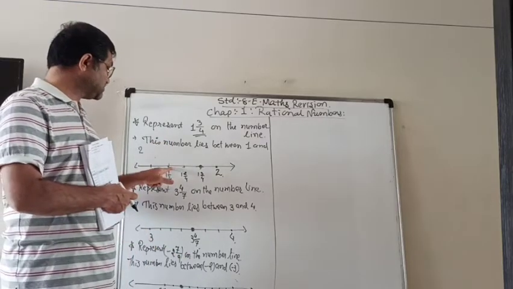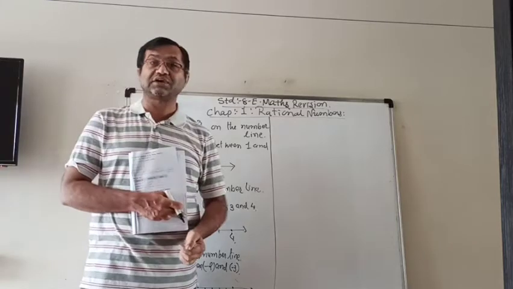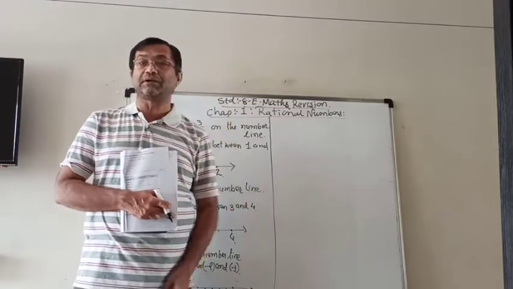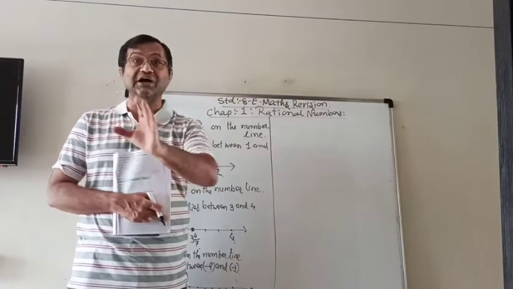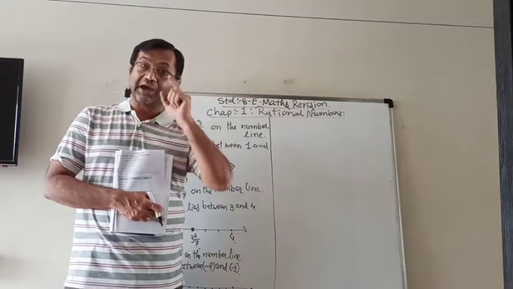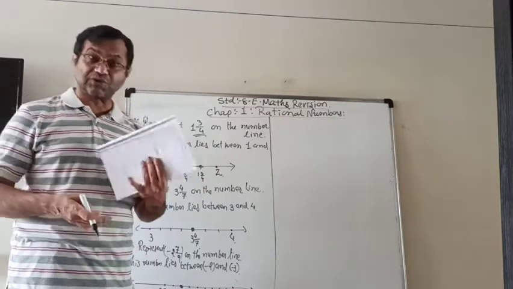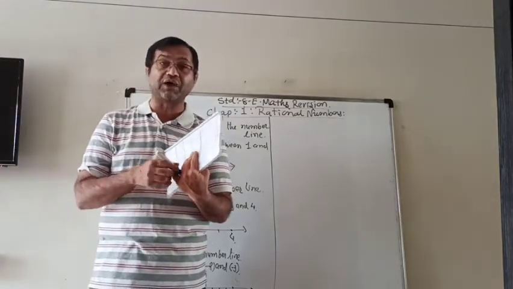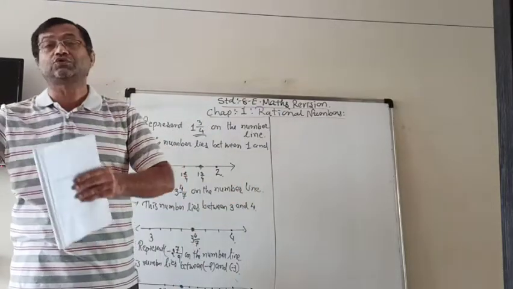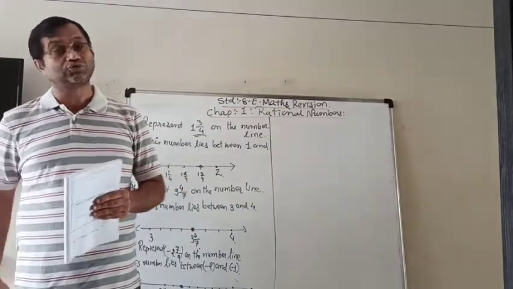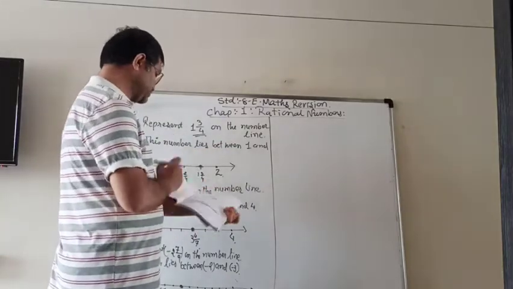So always when there is an improper fraction or mixed number, you don't have to take the whole number line starting from 0. Now, when do we have to start from 0? When lots of numbers are there, meaning 3, 4, 5 numbers are there. Some of them are between 0 and 1 and then 1 and 2. And at that time you have to start from 0. We will take another example like that.